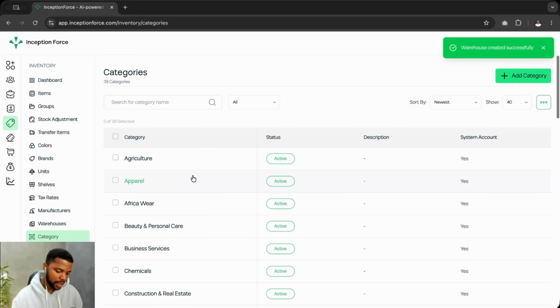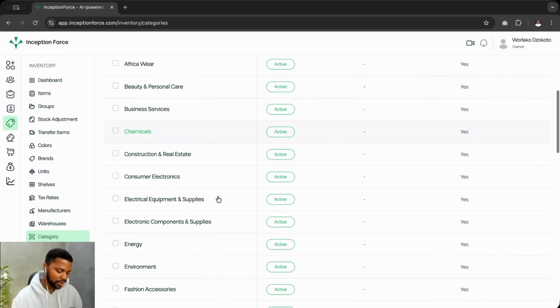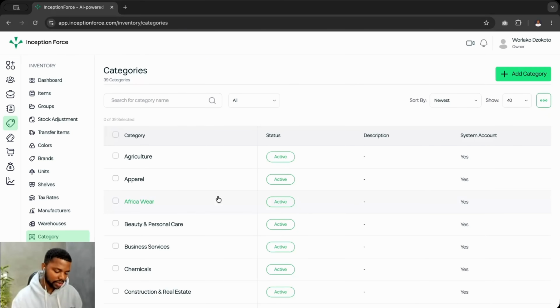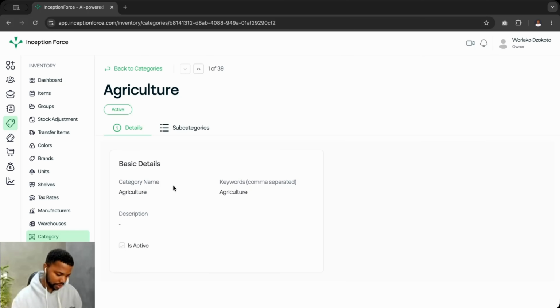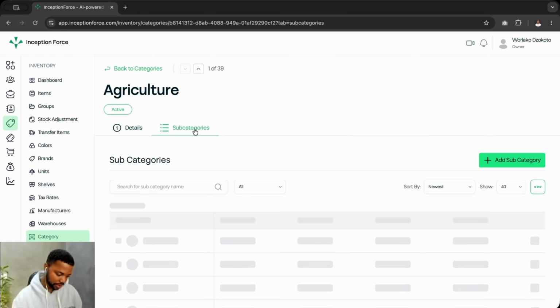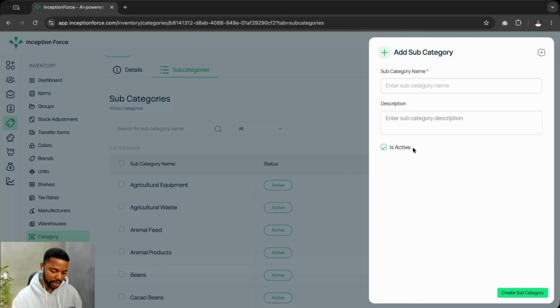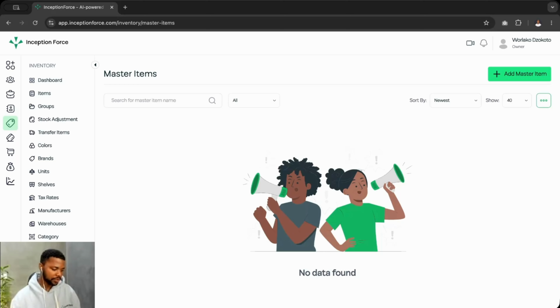Categories. So if you are creating an item and you don't have the preset categories that we have, you can go ahead and create them here. And when you click on a specific category, you can see the subcategory section. Then you can create the subcategories also here if you want to. All right, so let's move on to the